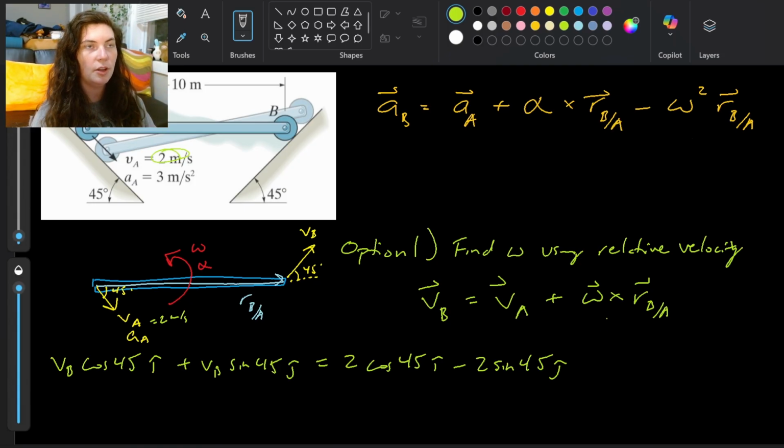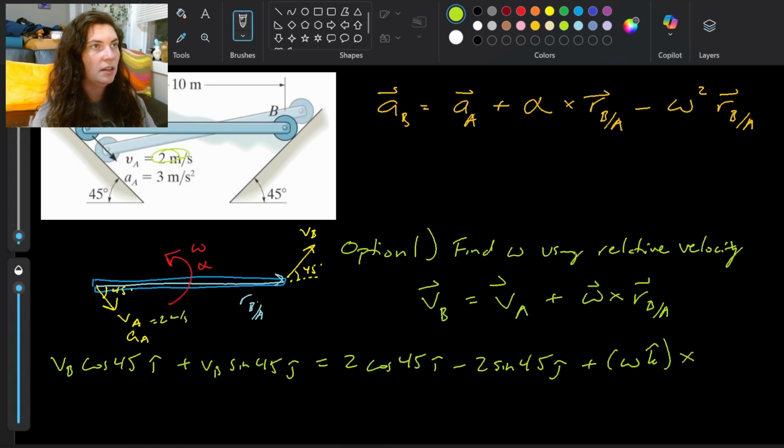Then I've got plus omega. I don't know what omega is, I'm trying to find it. I do know that it's in the positive k direction because it's going counterclockwise. Right, so by right-hand rule, that is plus omega times k hat, cross product with r of B with respect